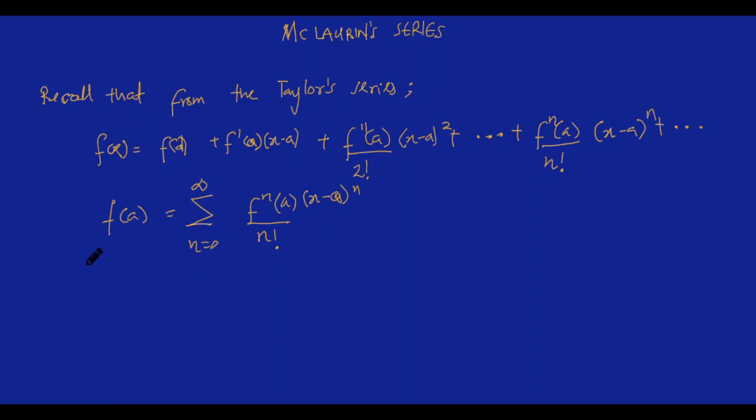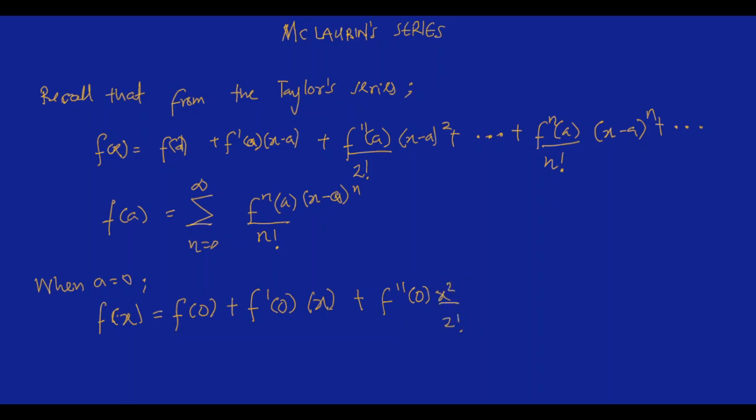So now, since we said the Maclaurin series is a special form of the Taylor series that is centered at a is equal to 0, so when a is equal to 0, we have that f of x will be equal to f of 0 plus f prime of 0 multiplied by x plus f double prime of 0 multiplied by x squared divided by 2 factorial plus it goes on like that, the nth derivative of 0 divided by n factorial, multiplied by x raised to power n plus the remaining terms, and this gives us